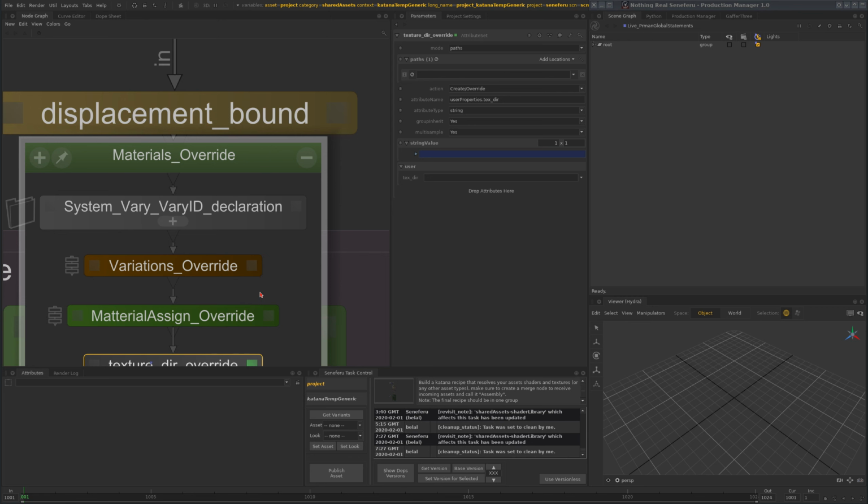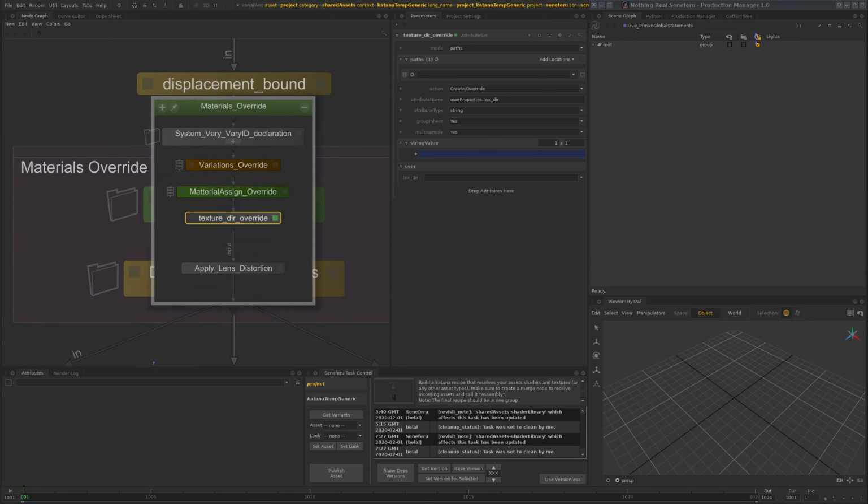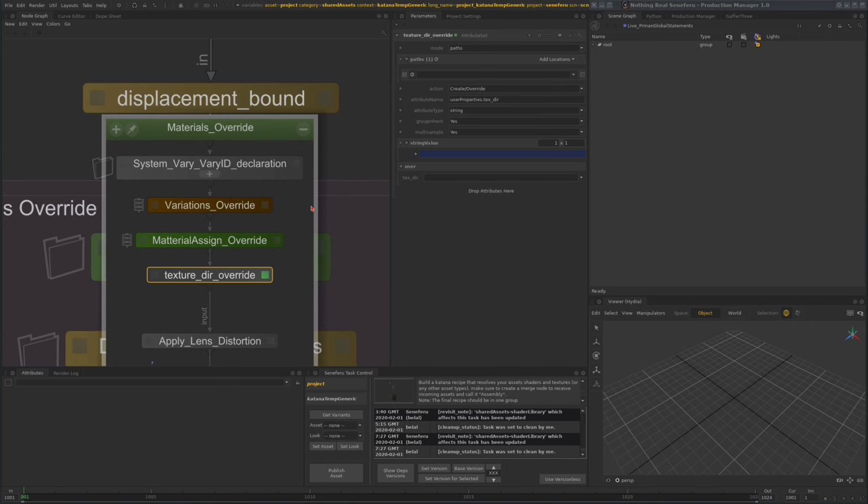During the texture assignment, the textures are published in the texture location of the asset, and depending on which asset is being rendered, Seneferu goes to that directory, looks up the folder and automatically assigns the shaders and textures at render time based on the textures it found in the texture folder of